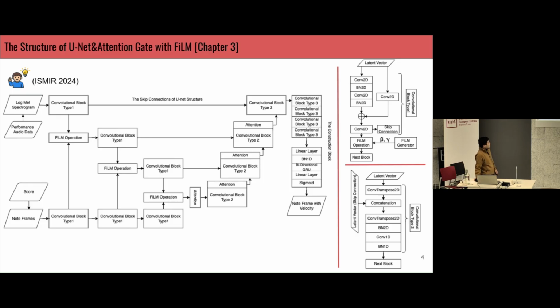And after encoding the information, I use the attention gate between each of the convolutional blocks. This attention gate is supposed to look into which parts of the latent space vector are important, which elements are important, what we should look into. So I made the assumption that this attention gate should look into the detected key and the velocity information in the latent space itself. So this is the chosen final structure of the U-Net and the attention gate.